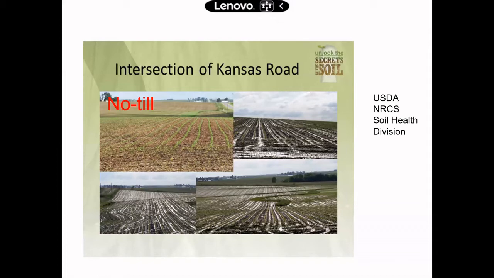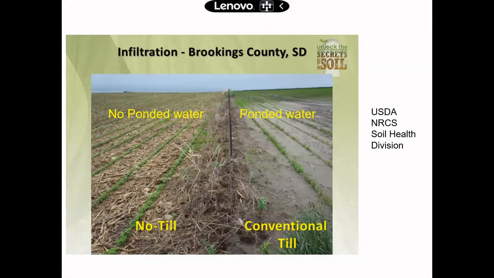Whereas you look at the other three slides that were very close, the pictures there, you can see that during this rainfall event there's standing water. This is due to soil compaction, which is really just poor soil structure, which occurs from tillage. Okay, here's another one. On the left-hand side, long-term no-till, you don't see any ponding water, whereas on the